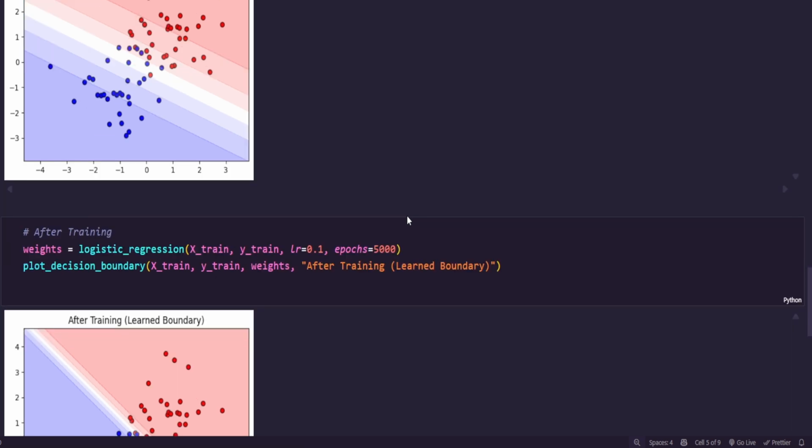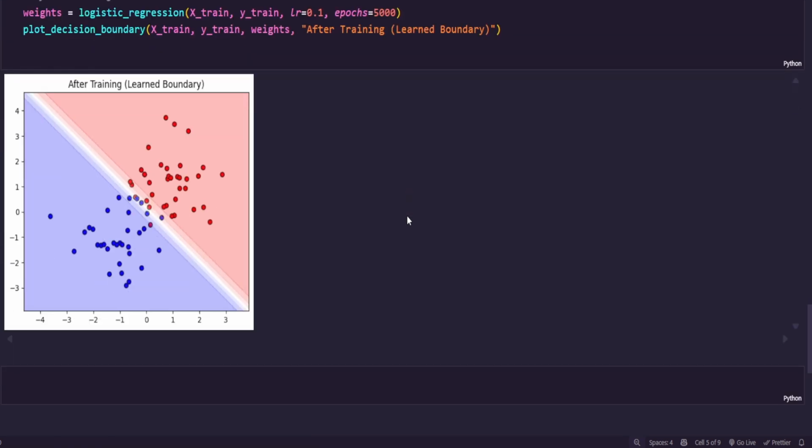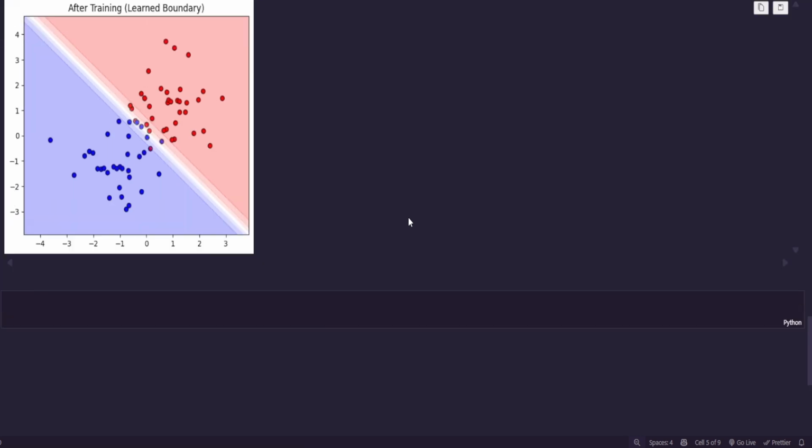And here's the exciting part. After training a logistic regression model, this is what the decision boundary looks like. Notice how the line has shifted compared to before. Now it clearly separates the blue points on one side and the red points on the other. This means our model has successfully learned the pattern in the data. Whenever we give it a new point, it can decide whether it belongs to class 0 or class 1 based on which side of the boundary it falls. So, to quickly recap, we generated data for two classes, implemented logistic regression from scratch, trained the model using gradient descent, and finally we can see the learned boundary that separates the two classes almost perfectly. That's the power of logistic regression, turning raw data into meaningful predictions.